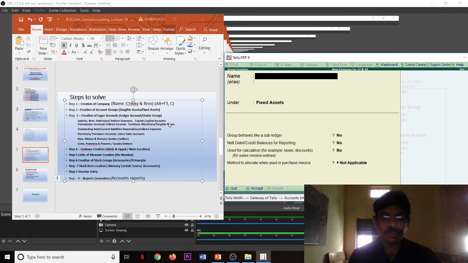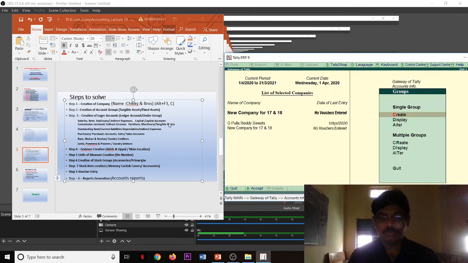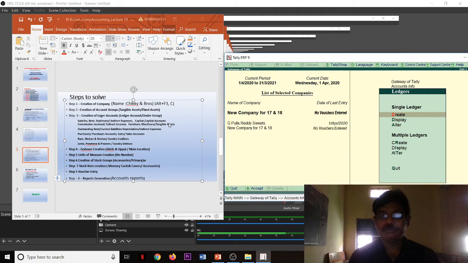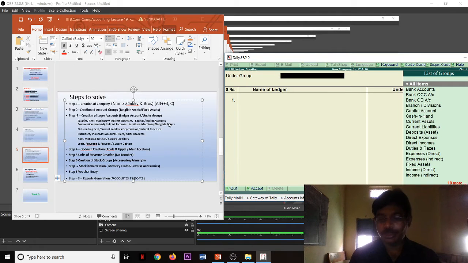Step 3, creation of ledger accounts. We are in groups, then come into the ledgers. We can create all ledgers at a time using multiple creation.